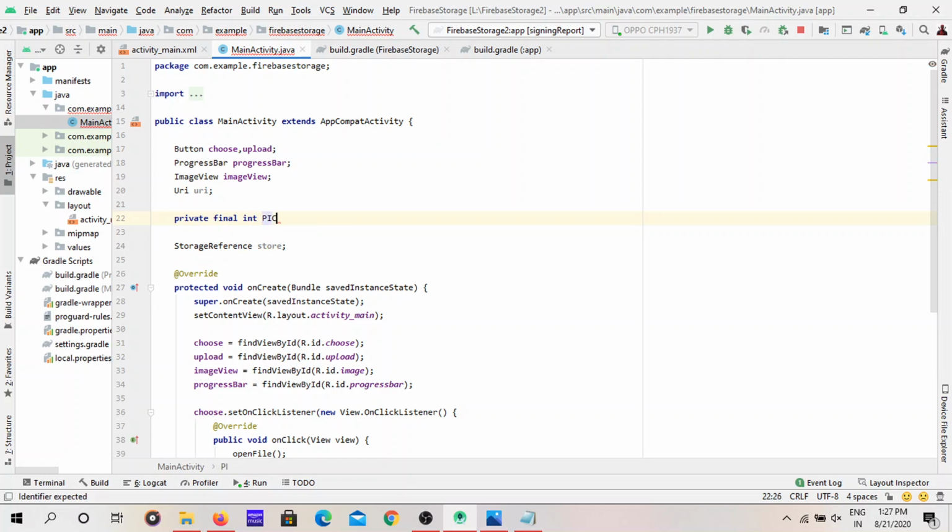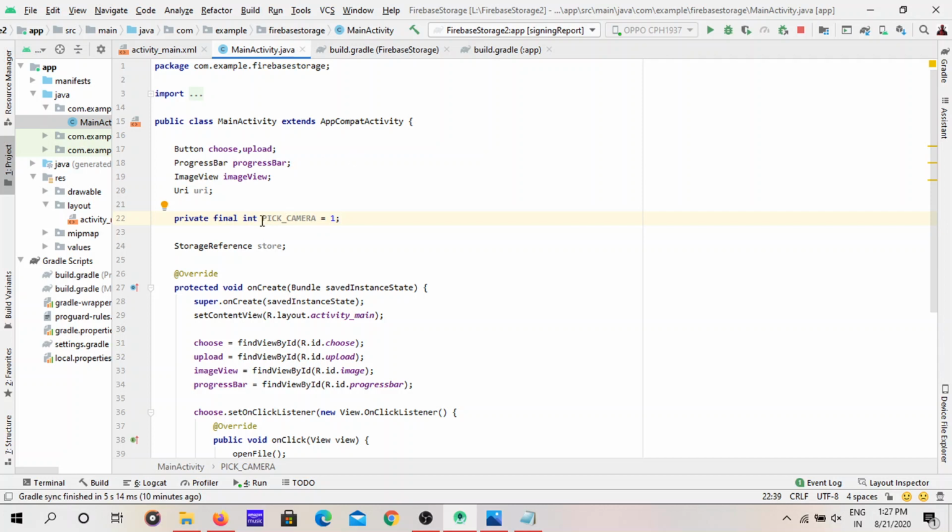Let me give that as PICK CAMERA, in all capital letters. So this is the professional way. All constants should be declared with capital letters. That is the way of representing that this is a constant variable.